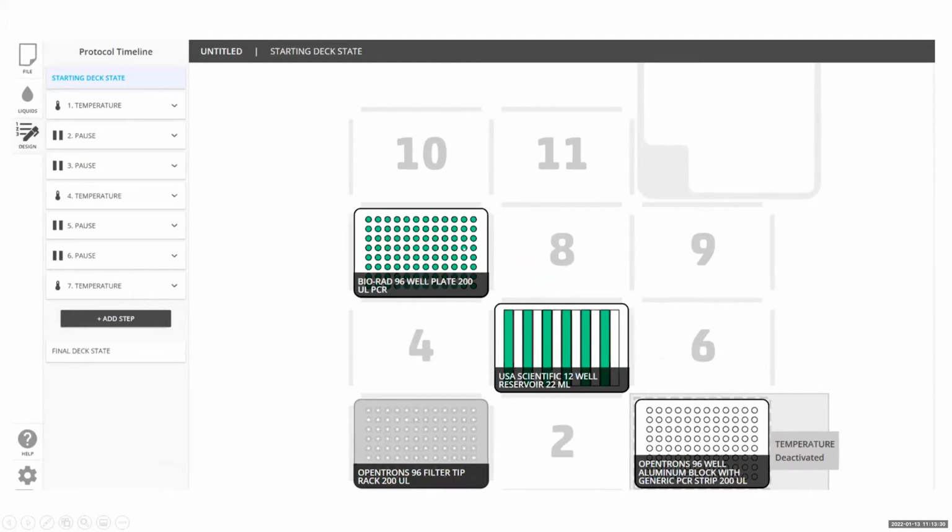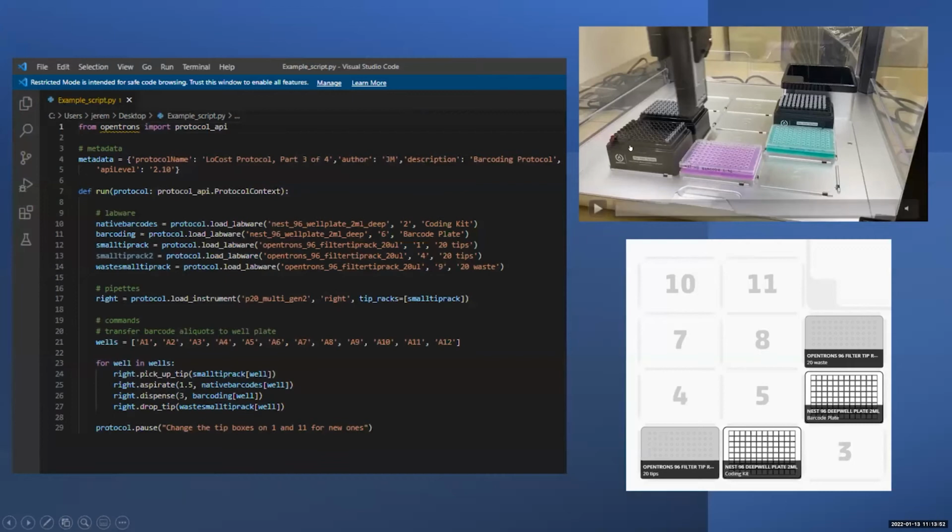And on each position, you can put a particular type of labware, be it a particular type of plate, a reagent reservoir, or a set of tips. And from that, you can then input and enter the different instructions for the protocol, as well as entering liquid classes. For those who are more comfortable with liquid handling robots, you can use something called the